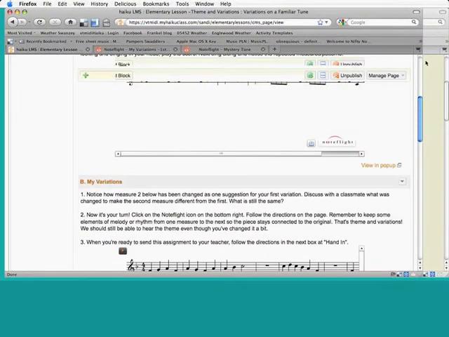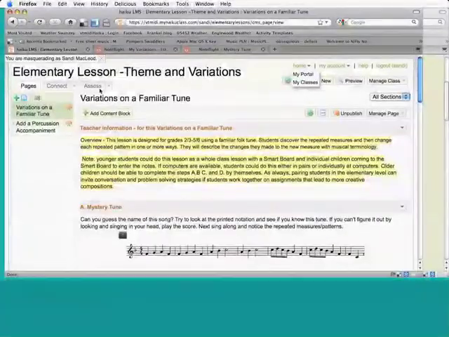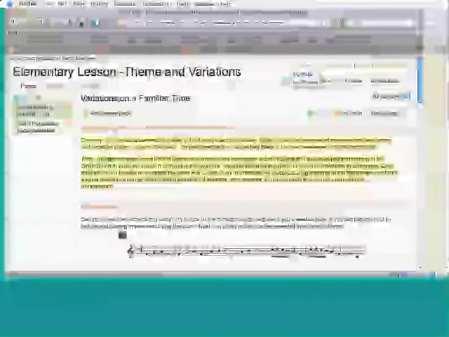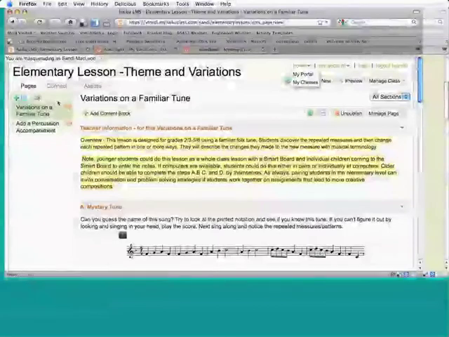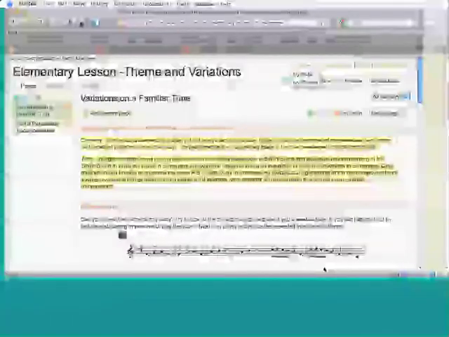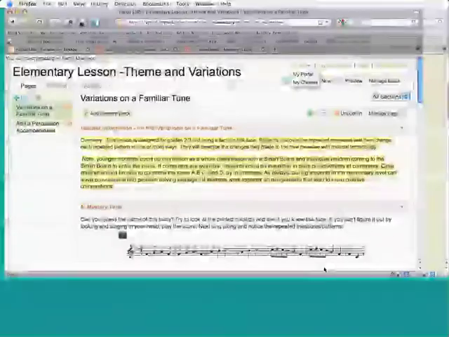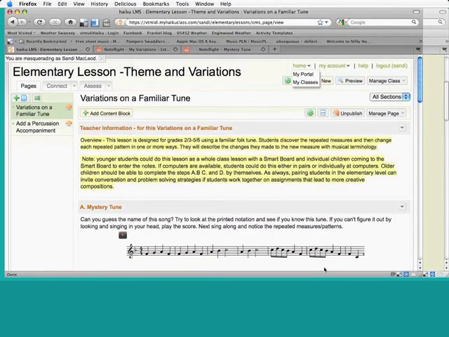I'm scrolling back up. You're probably getting a little seasick watching me go rather quickly, but there is a second lesson. If you noticed over on the left-hand side, I could create additional lessons related to this variation on a familiar tune. I think I'm going to stop for a second and ask if there are any questions at this point before I go into the next section on the activity templates that we've just created and made available for anyone to view. And if they have Noteflight Learning Edition accounts, they can copy and use things immediately. But let me stop for a